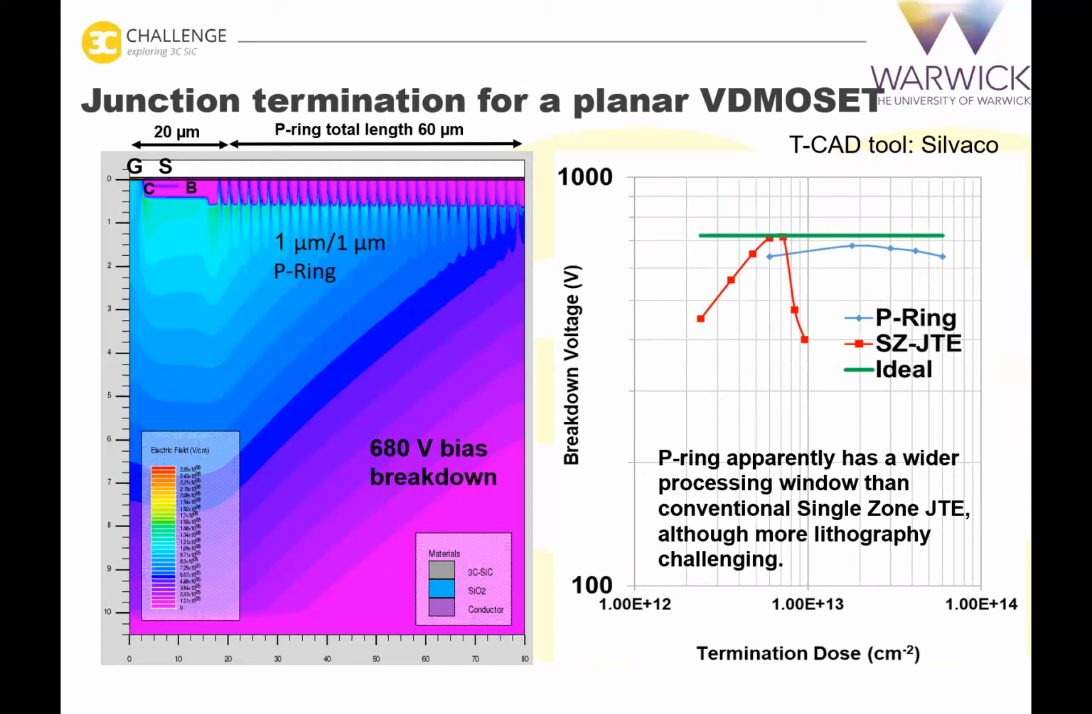And the disadvantage of the P-ring is that it usually requires very small features, such as here, 1 micron features, and it is more challenging in terms of photolithography work. And the zone JTE, such as a single zone JTE, their dimensions are usually in the tens of microns, so much easier to